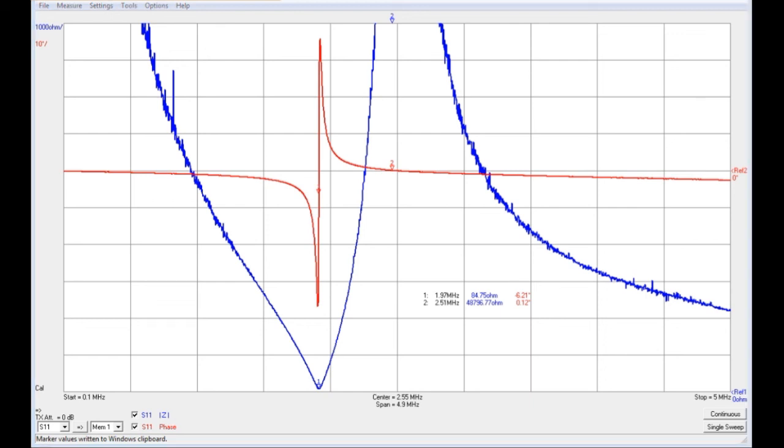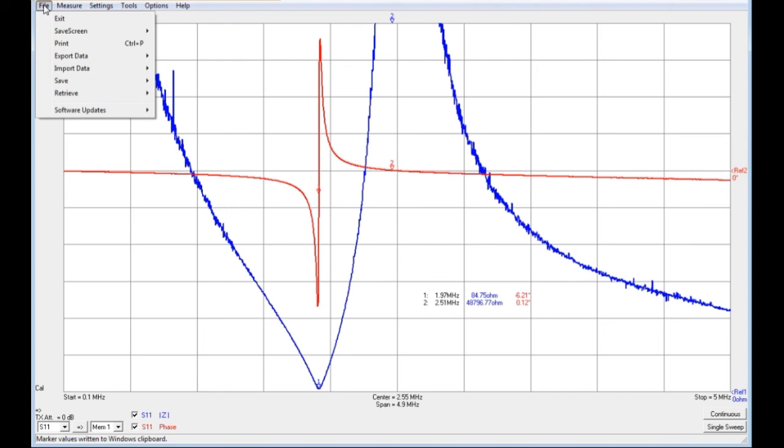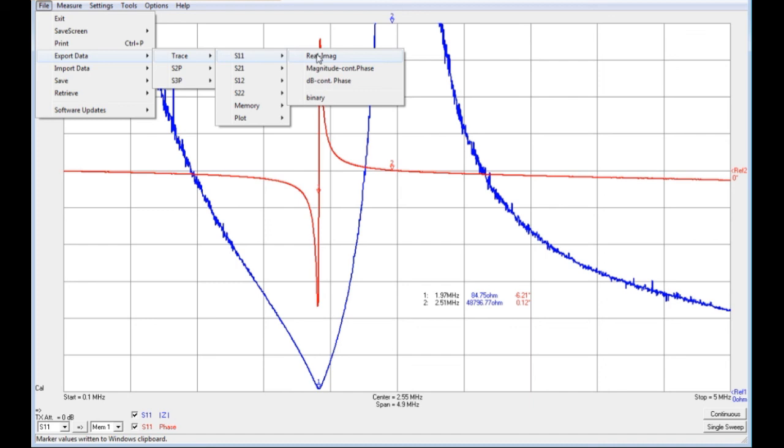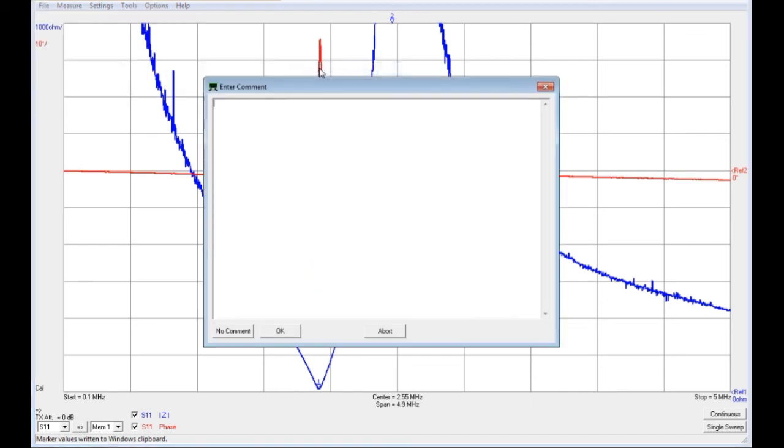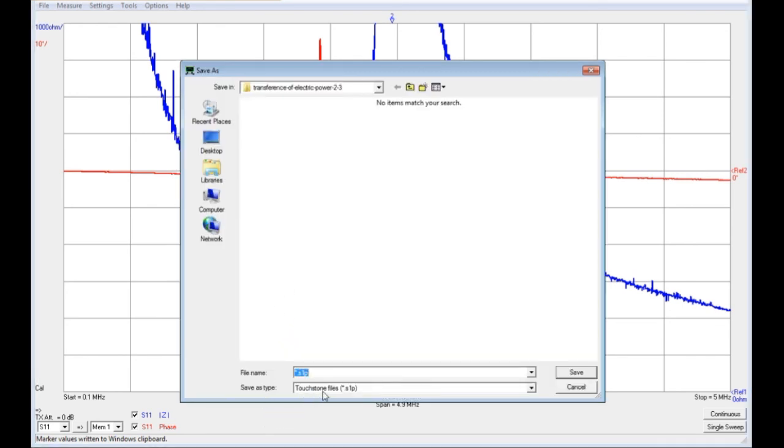Now, something also that we want to be able to do with this software is to be able to save this data so we can come back and work with it at a different time. So we can quite easily do this now that we've taken this response. We can simply go up to File, Export Data, Trace, S11, Real and Imaginary, or Magnitude and Continuous Phase. We can put in something here, so Series, Fed, Cylindrical, Coil. Okay, then we're opted. Now it's going to save a touchstone file, which is particularly useful because that is actually